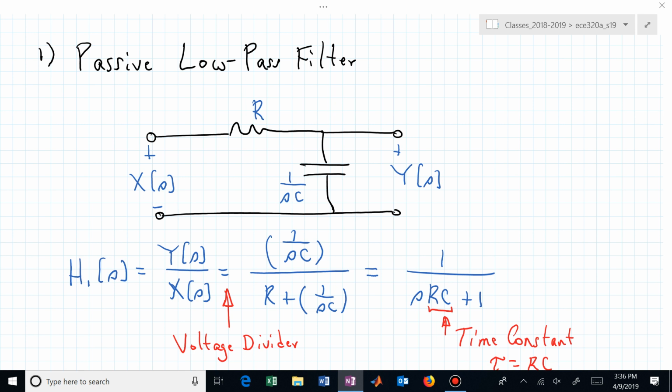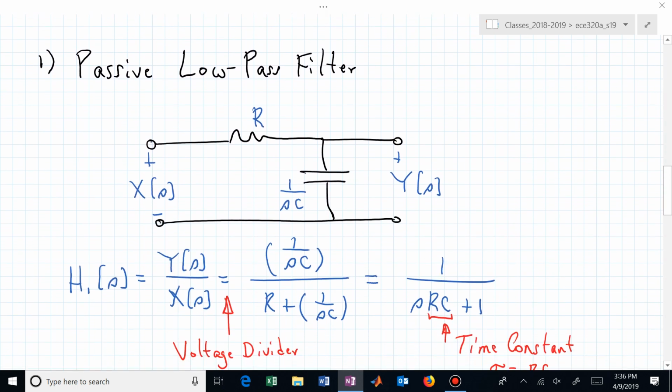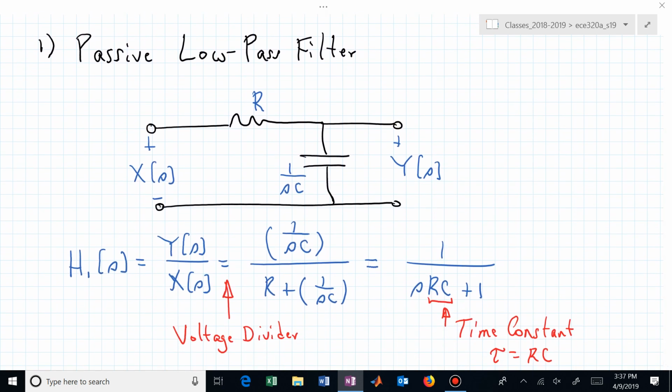They say, can you provide a circuit that will produce a low-pass filter? And this particular low-pass filter is passive because it's just made up of resistors and capacitors and inductors. We don't have to energize any of the systems in this circuit to make it work, to make it operate. It's passive. You just have to get a resistor and capacitor from the lab, put it together in this manner,